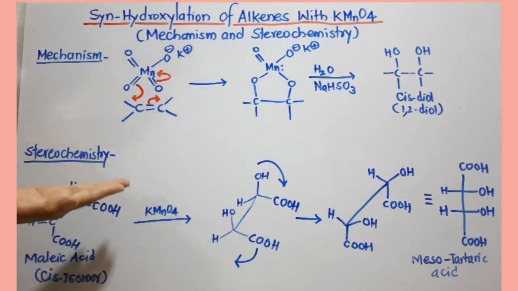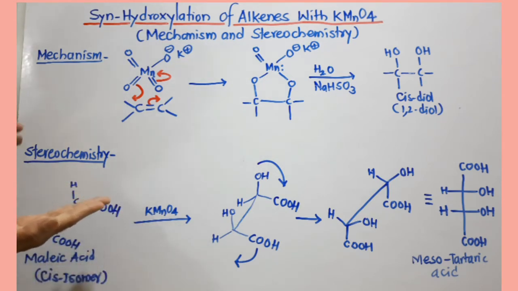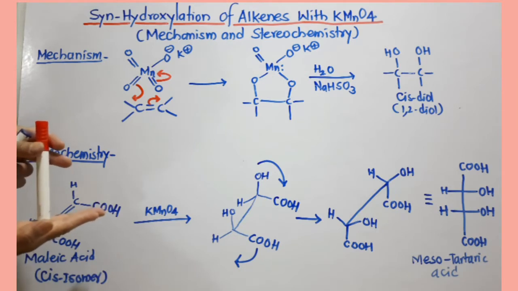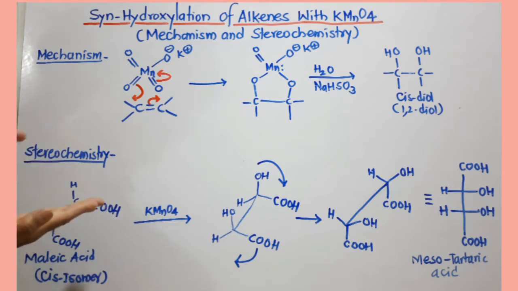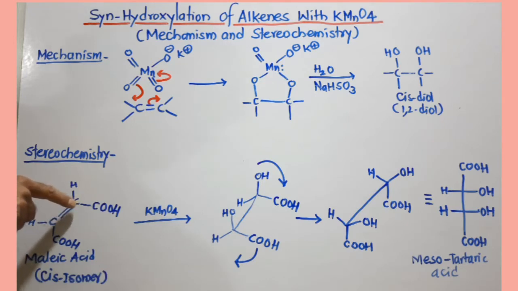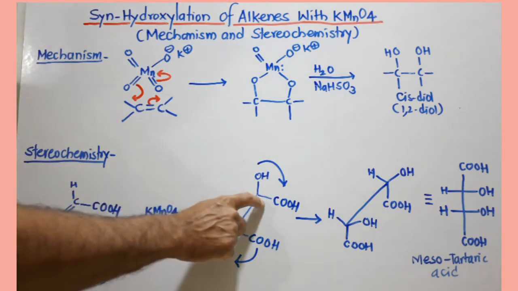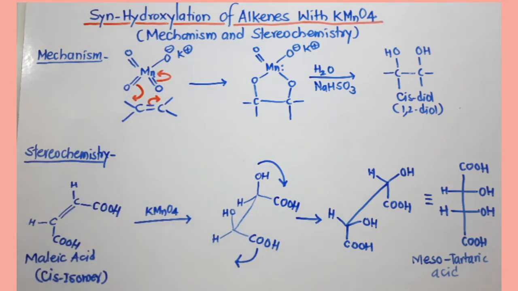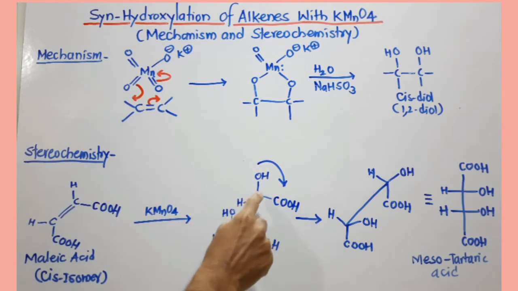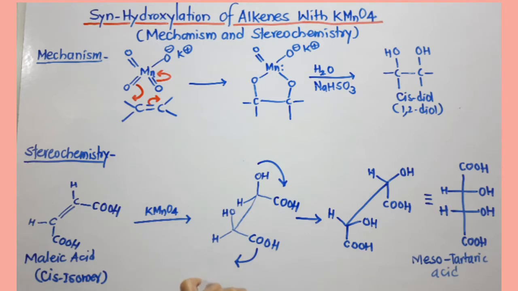So this molecule is like this, and both hydroxyl groups are going to join from the upper side. So I'm just doing that. I'm joining one hydroxyl group here and one hydroxyl group here. Remove that double bond. Now when we do that, this carbon is converted to a tetrahedral carbon. So we have to convert it into a tetrahedral arrangement, and a tetrahedral arrangement in the Sawhorse projection formula we show like this.